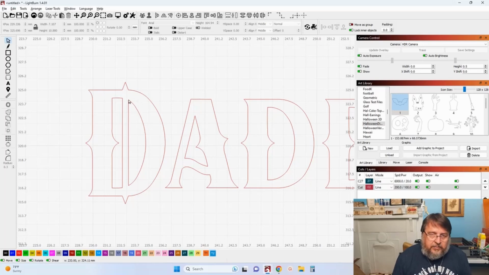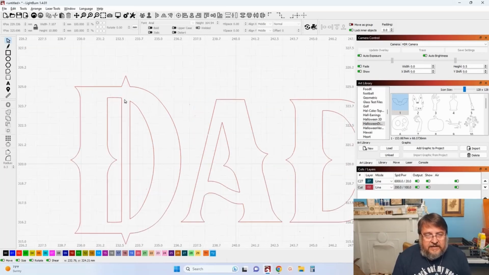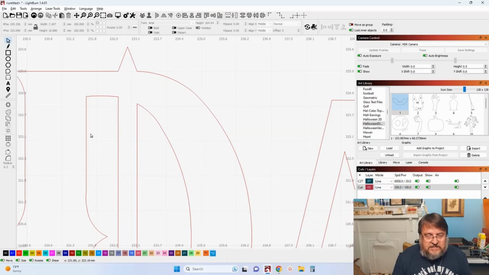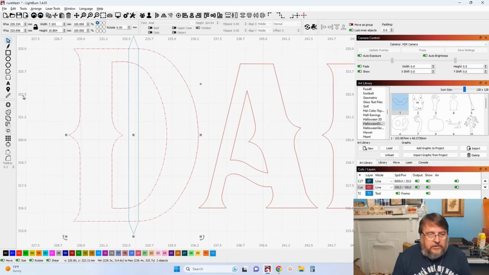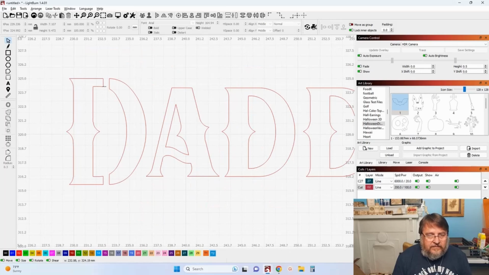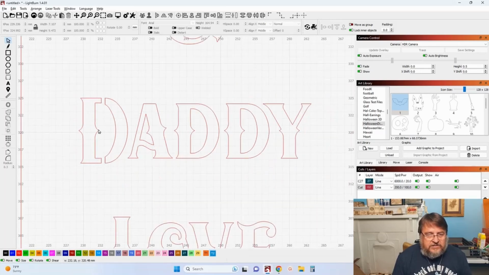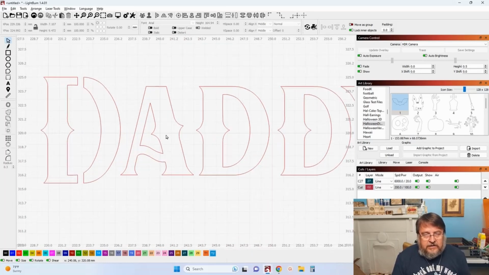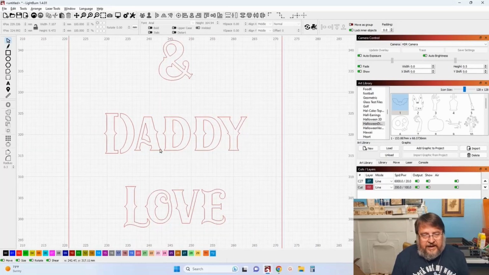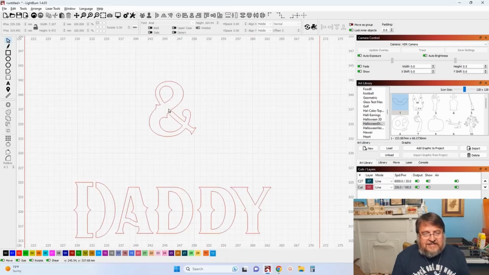The D is going to, but the problem there is it's going to be the same thing. See, these two inner pieces are separate pieces and not connected to the outer perimeter. They would fall away and wouldn't work. So you undo, and you use the subtract tool, and now that's going to cut out as one piece. This is going to cut out as one piece. You still have the semblance of the letter D, and it's intact. You do the same thing all the way across on all the A's, the O's, anything that has an internal piece,